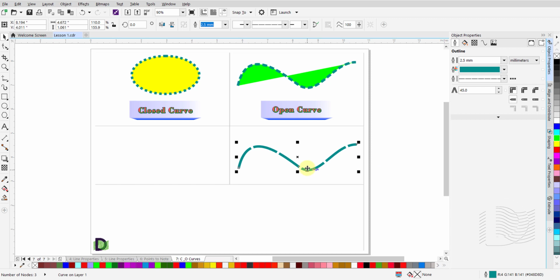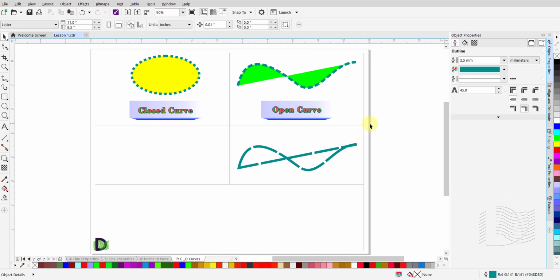An open curve can be closed with the click of a button. All it takes is a click on the Close Curve icon up in the Properties bar. There is a lot more you can do to these lines in terms of their looks by changing their property values. We will cover that as well as we progress through these tutorials.